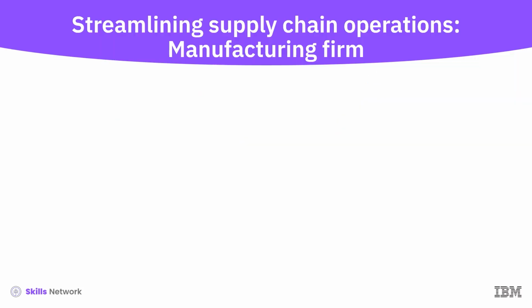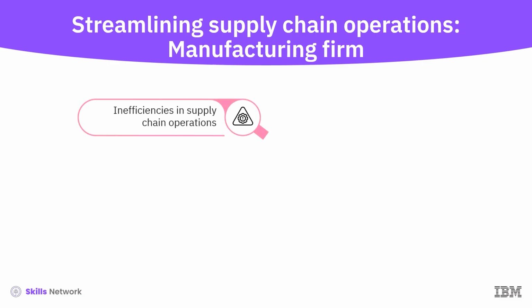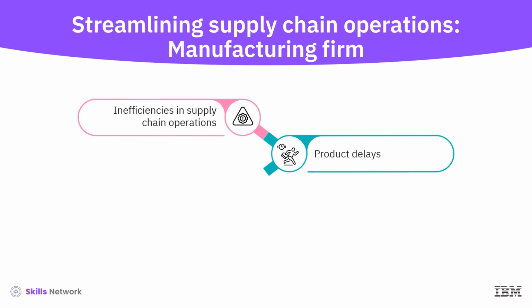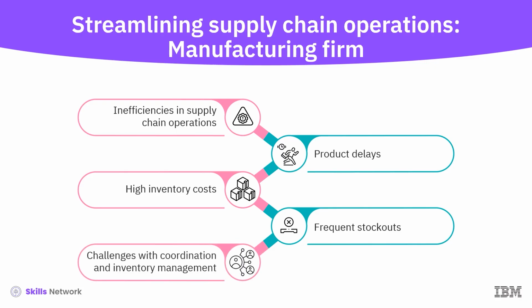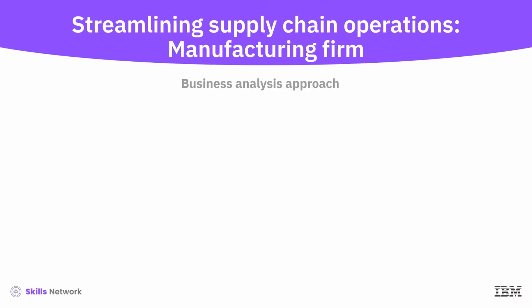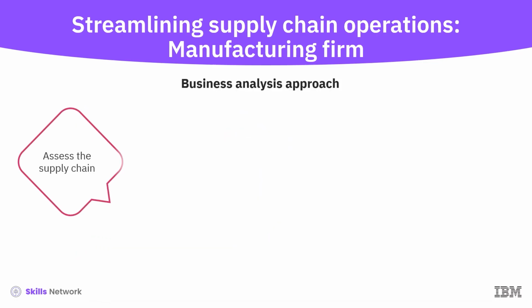Next, let's take the case of a global manufacturing company that was struggling with inefficiencies in its supply chain operations. These inefficiencies resulted in production delays, high inventory costs, and frequent stockouts. The company's complex supply chain network, which involved multiple suppliers and distributors, posed significant challenges in coordination and inventory management. To address these issues, the company turned to business analysis, which assessed the entire supply chain from raw material procurement